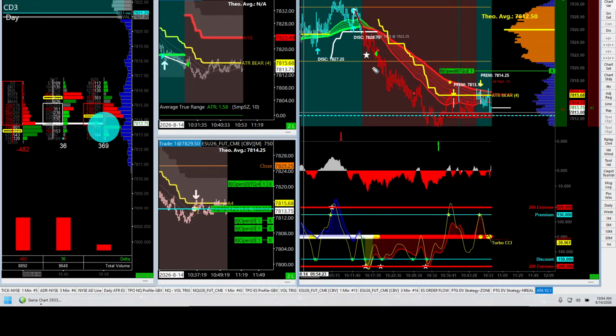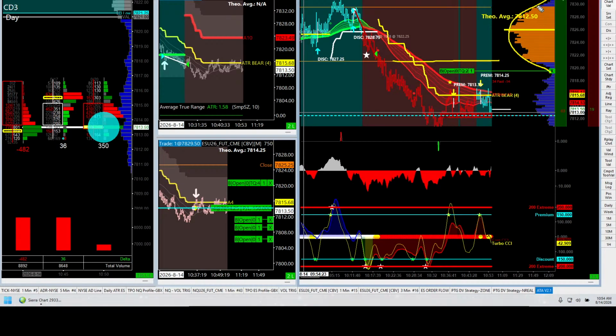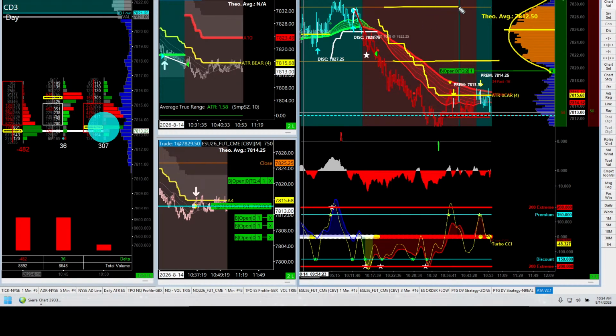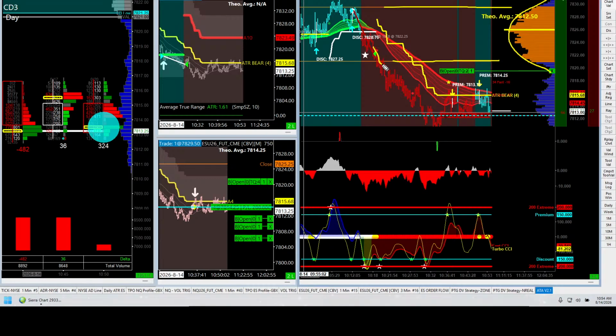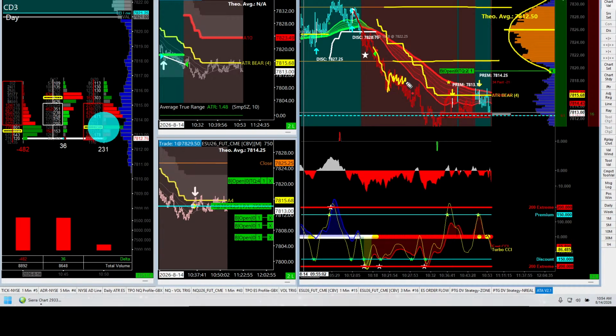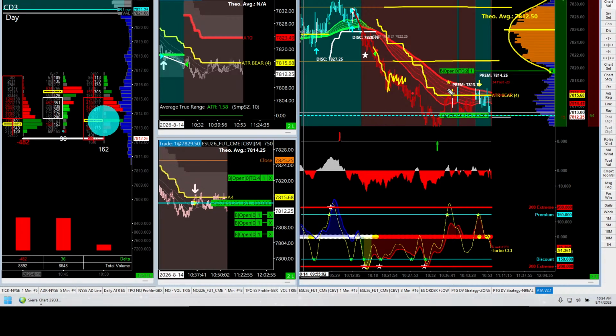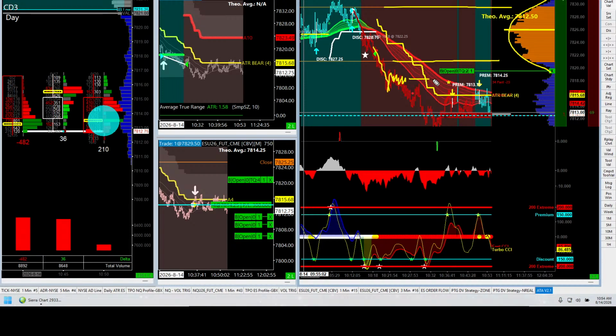All right, so again, on the right hand side here, we'll use this as an example, right? So we have a delta shaped profile, value high, value low. In the case of breaking to the downside, there's your break to the downside initially, and then we got a little bounce here, and we got a little sideways action right there. Everybody sees that clearly? When you move over to the right hand side, what do you see? You see a high volume node.